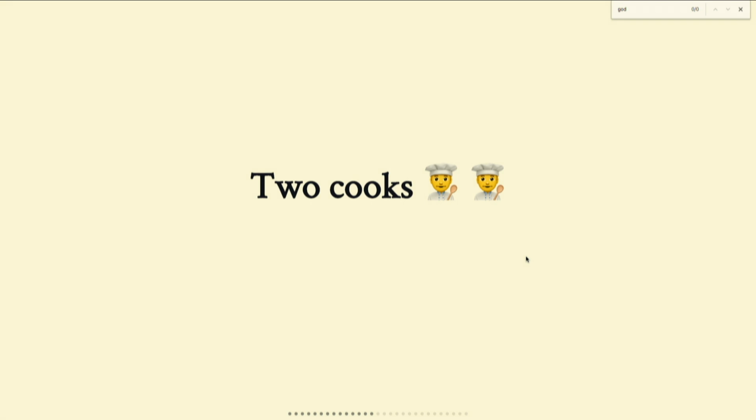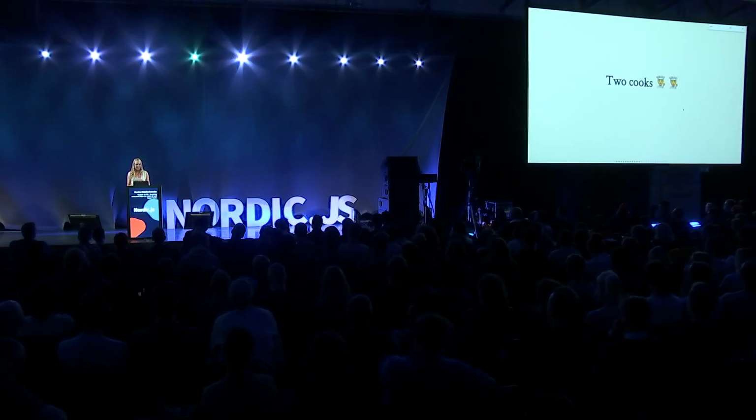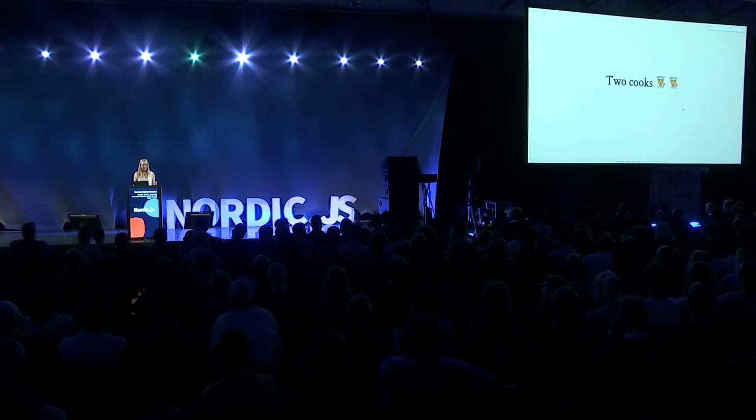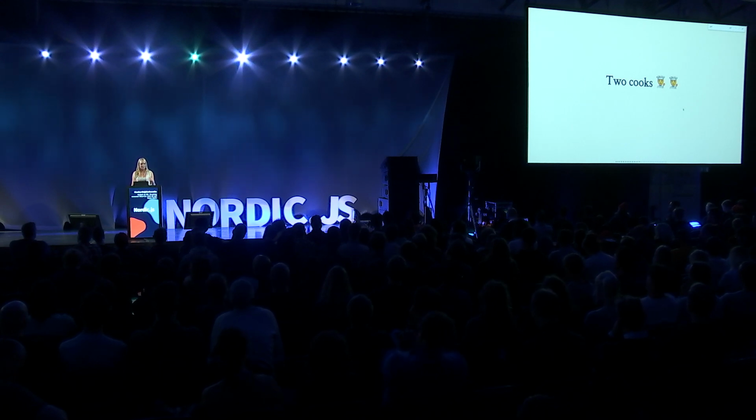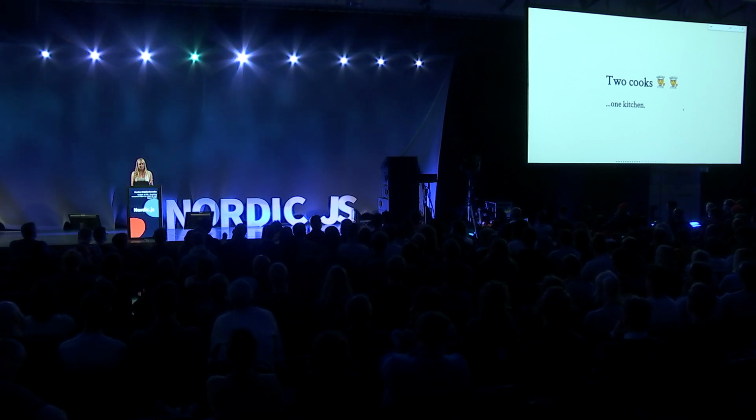How can you have one pot, one knife, one cutting board, one set of ingredients, and expect two cooks to create one particular dish? And this is exactly the situation that we have when we're trying to integrate D3 and React. Those are our two cooks, and they both want to be in control of one kitchen, which in this case is our DOM. React is going to use the virtual DOM, whereas D3 wants to affect the regular DOM. So the issue here is about DOM management. And there are really three ways that these two cooks in the one kitchen can play out.